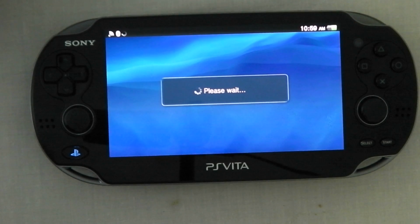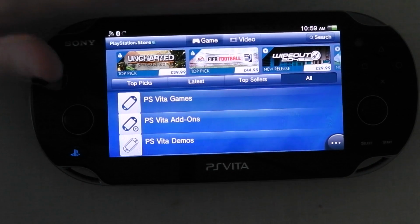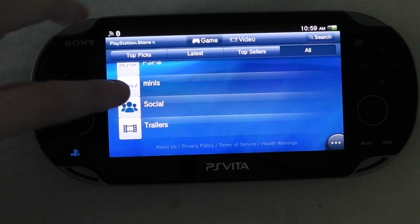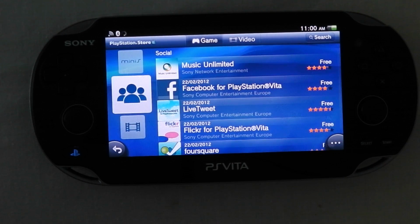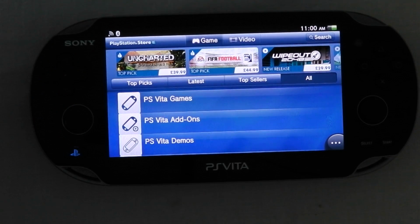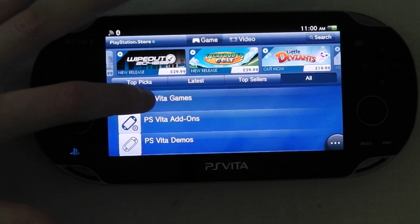So it's a nice store. Obviously it doesn't have too much on it right now, which is a shame, but the Vita's not long been out, so that's to be expected. So this is what the store looks like for the Vita. All the tabs here, traditional tabs we see like on the PS3, and the added one here is social. So this is where you download things like Facebook, Live Tweet, which I'm guessing is something similar to Twitter, and Music Unlimited, which is actually new, that wasn't on there the other day. So I'm guessing the applications will get more up to date as time goes on. There's no news on whether Netflix is going to be coming to the Vita yet, but I guess it will be at some point. So you've got PS Vita games as well,